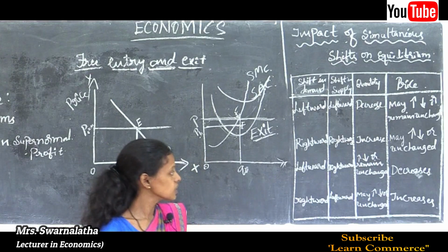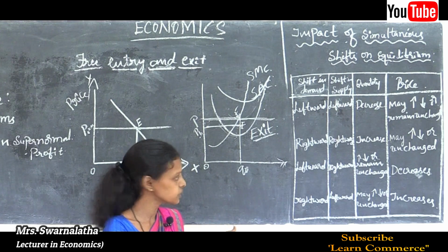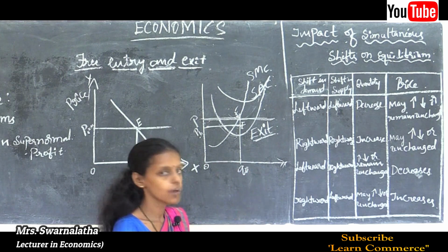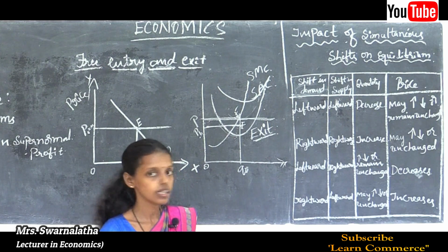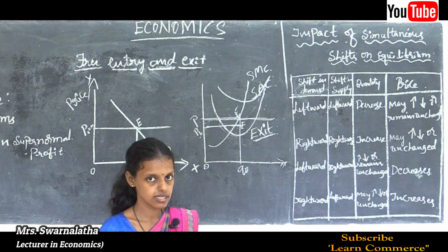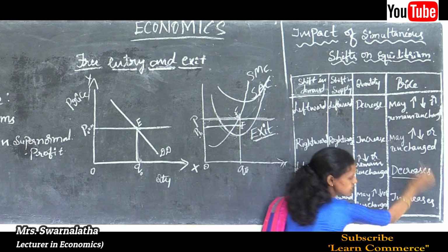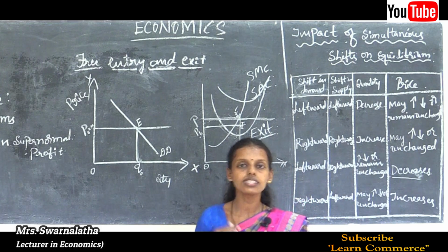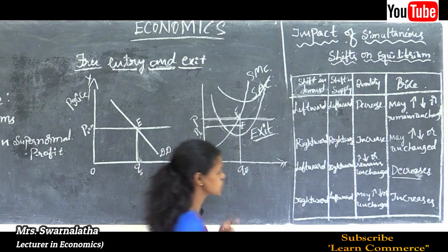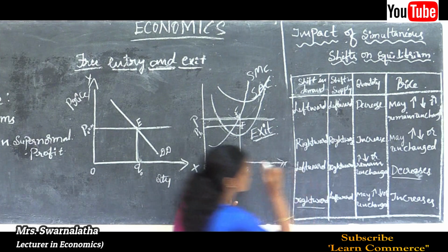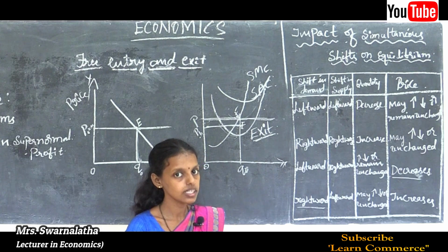Thus, demand remains unchanged, and the supply curve shifts rightward. During this time, supply increases, excess supply in the market, that leads to a decrease in the price. When price decreases, that leads to an increase in the demand for the commodity. Thus, the fourth possible way of simultaneous shift is a rightward shift of the demand curve, meaning excess demand in the market occurs.